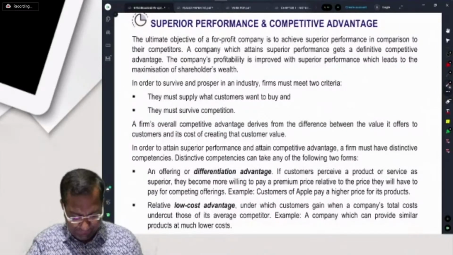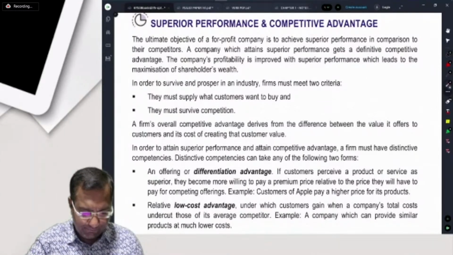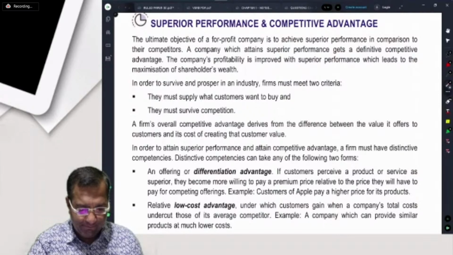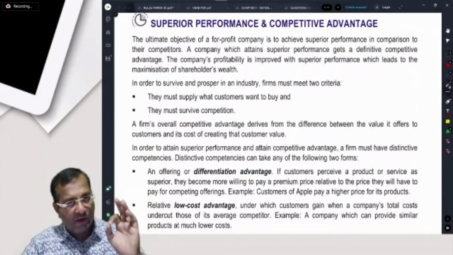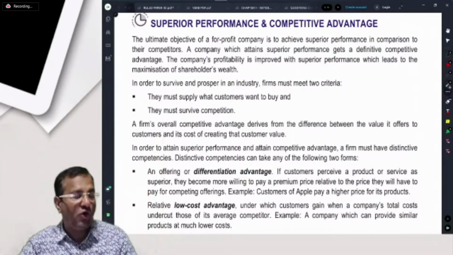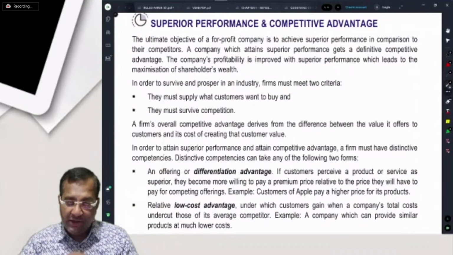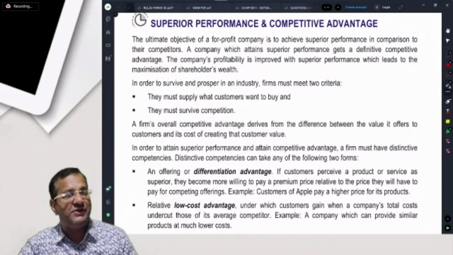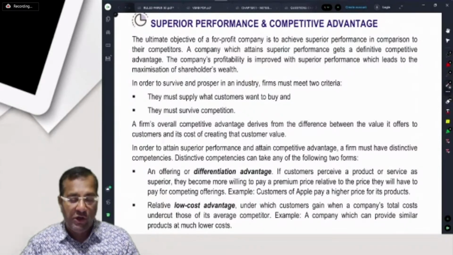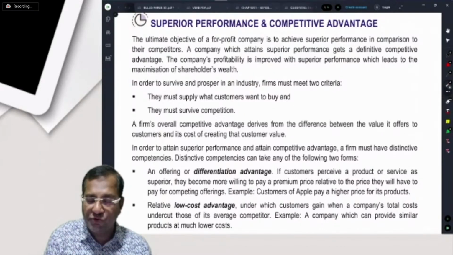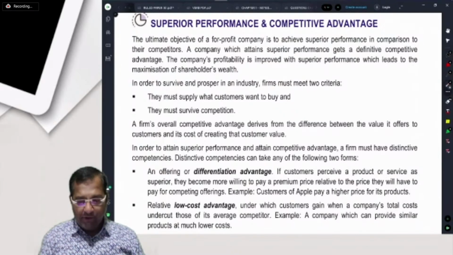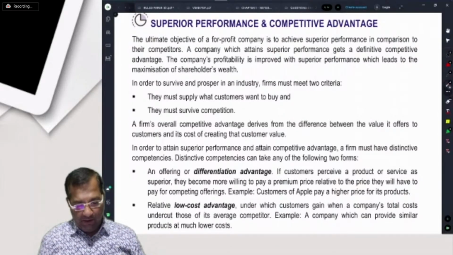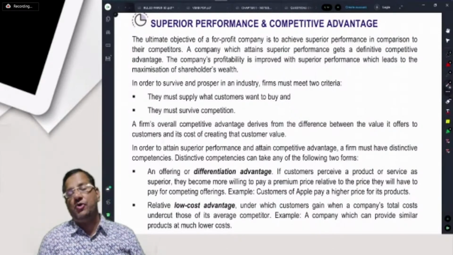Competitive advantage. स्टार्ट करें बेटा टॉपिक, बहुत इंपॉर्टेंट टॉपिक है, द मोस्ट इंपॉर्टेंट टॉपिक ऑफ दिस चैप्टर, चैप्टर नंबर 1। यह जो टॉपिक है, दिस इज नॉट ओनली इंपॉर्टेंट इन चैप्टर नंबर 1, बट दिस टॉपिक ऑल्सो अप्लाइज इन द रिमेनिंग 10 चैप्टर्स। सो ये जो कंसेप्ट है, इसका कुछ ना कुछ पोर्शन आपको दूसरे चैप्टर्स में भी यूजफुल होगा। सो प्लीज बी वेरी अटेंटिव ड्यूरिंग द नेक्स्ट 50 odd minutes, है ना। सुपीरियर परफॉर्मेंस एंड कॉम्पिटिटिव एडवांटेज।